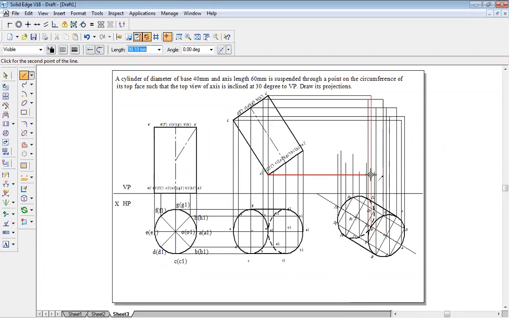E1 point should have been here. Yeah, this is E1 point. This is F1 and this is D1. I think I took it a little bit beyond. This is G. From O, I have not drawn any line. So O, then yeah, this is H and this is B and this is A.